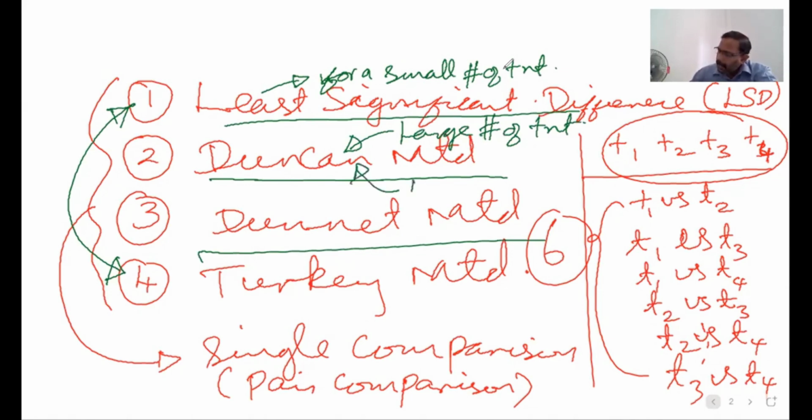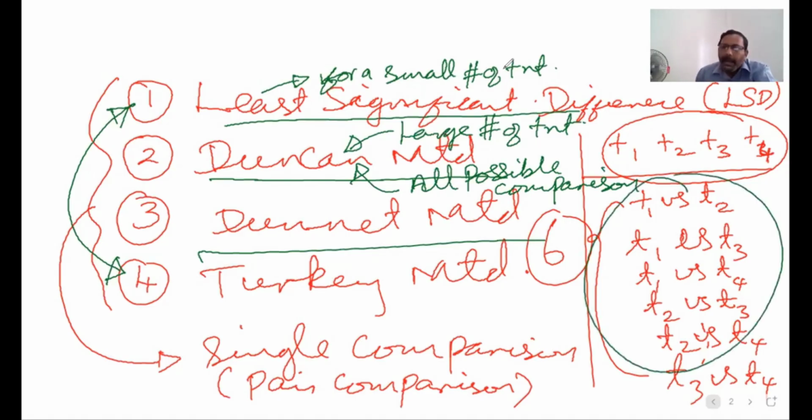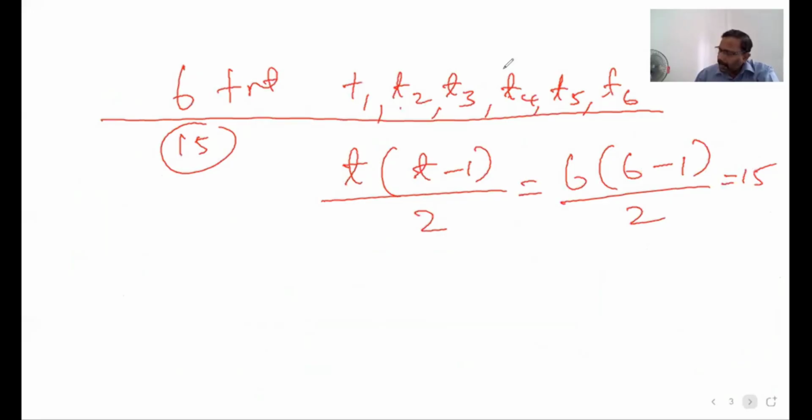In Duncan, we can do all possible comparisons. There are problems when you start doing all possible comparisons, which you will learn in the theory class. There are a bit of errors coming. Error will be accumulated. The Dunnett, it is interesting. I will use the other page. Dunnett is done